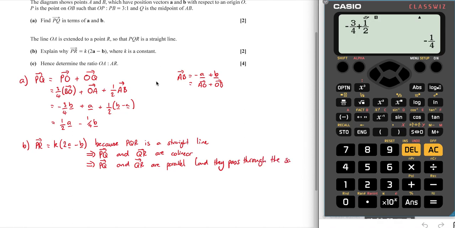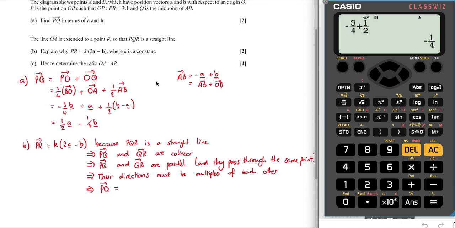The same point. So if they are parallel, their directions, or their gradients if you will, their directions must be multiples of each other, and then PQ, so P to Q